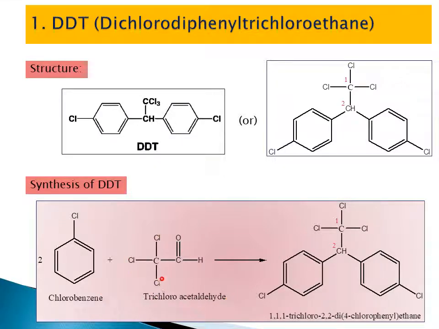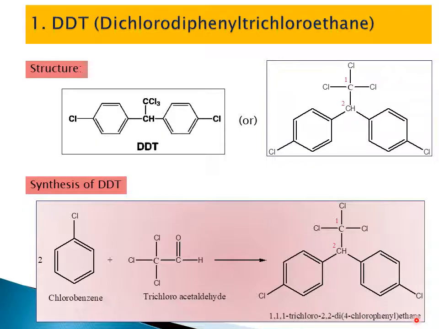Acetaldehyde is CH3CHO. When all three hydrogen atoms are replaced with three chlorines, we get trichloroacetaldehyde. Because of the presence of the carbonyl carbon, the pi bond shifts towards oxygen, which renders this carbon atom an electrophile. The electrophilic carbon is attacked by the pi system of the benzene ring, and finally it undergoes electrophilic substitution reactions. It gives 1,1,1 trichloro 2,2